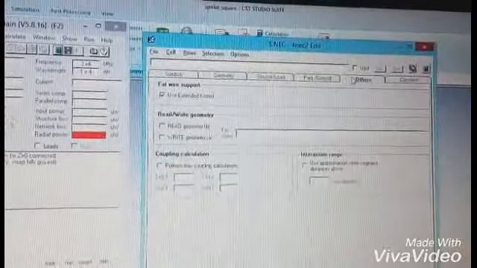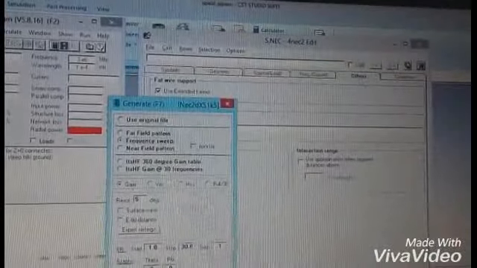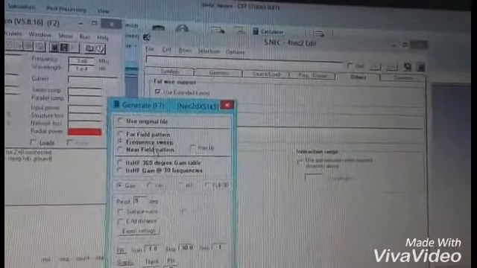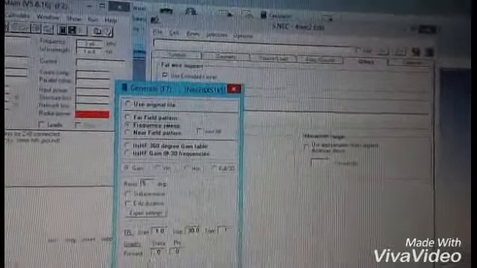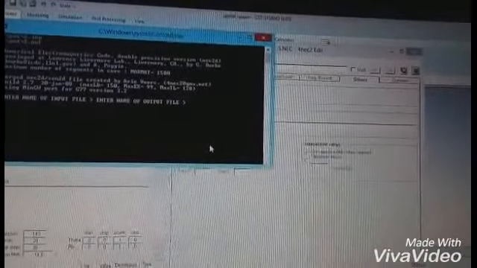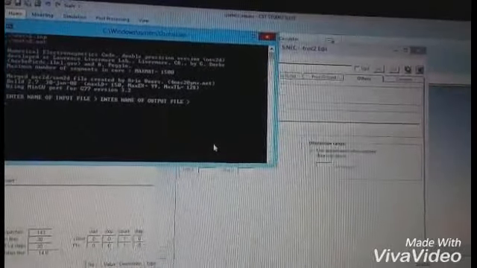Then the required frequency range and other conditions have been given, and then the output is generated. We are selecting the frequency sweep and gain. Then we are generating a curve for that. After entering that, a command prompt is generated,